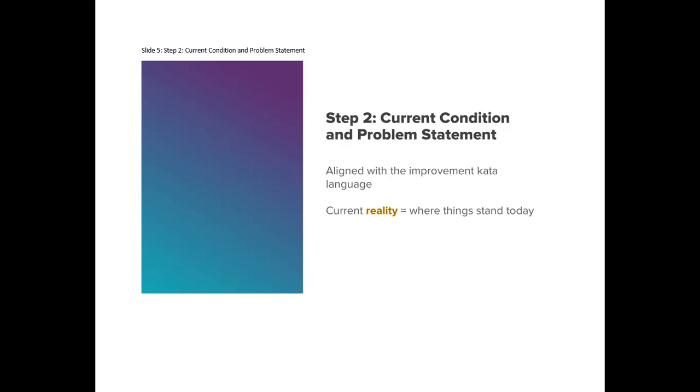So the current condition is what? Creating the problem statements for that particular production and then getting the outcome. Ideally, you would also be able to tie that to lost revenue, यानी हम अपना रेवेन्यू यानी जो इनकम है वो लॉस हो सकते हैं, or other business metrics. So these are the terms related to the current condition and the problem statement, which have to be solved through the A3 problem solving.